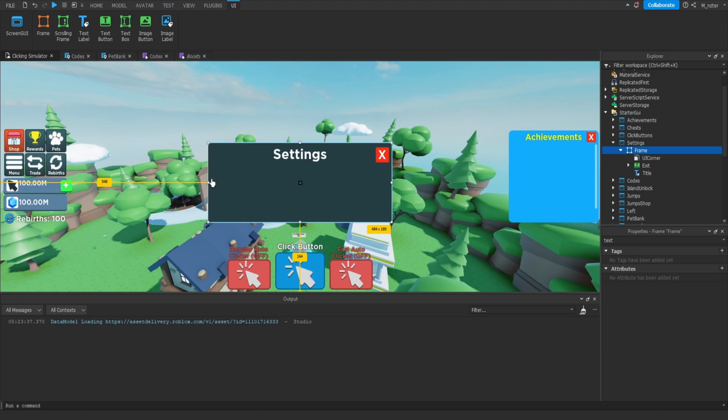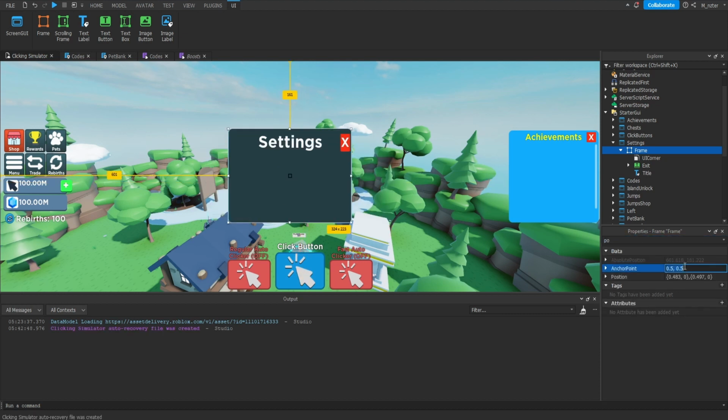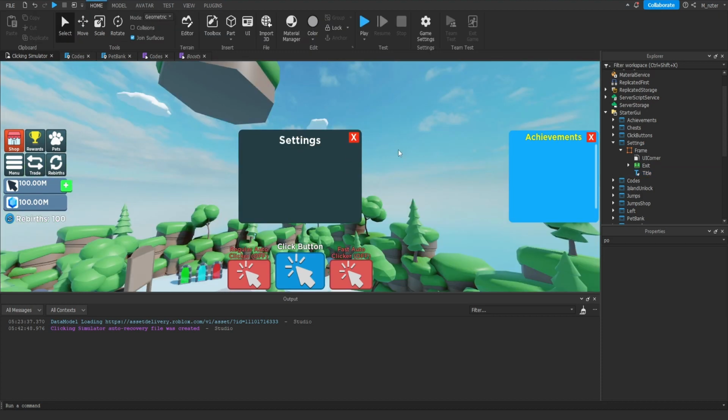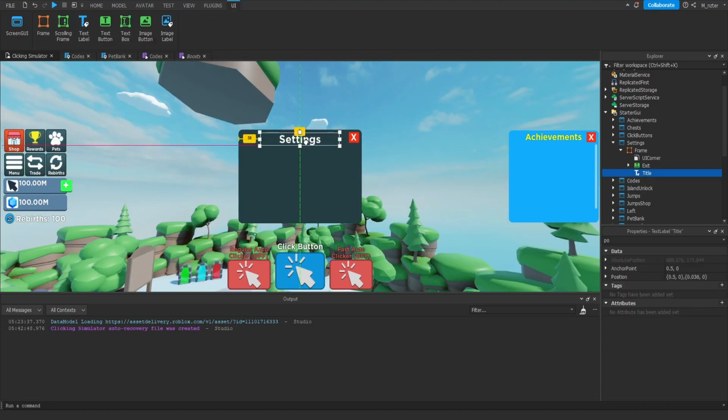Now that we've done that, let's go ahead and actually resize the frame a little bit as well. I want this to be a little bit taller, and then I'm also going to make it a little bit skinnier. So I think something like that, and then I'm going to make sure to center this, and there we go. Now that we've done that, we definitely have to resize the title text label as well as the exit button, and let's go ahead and do that. Now that I've repositioned the exit button, I'll then also reposition the title text label as well, and then I also might make this a little bit smaller just to be the same size as the exit button.